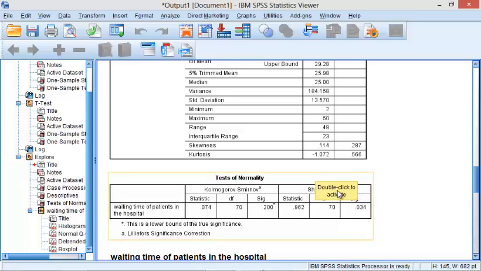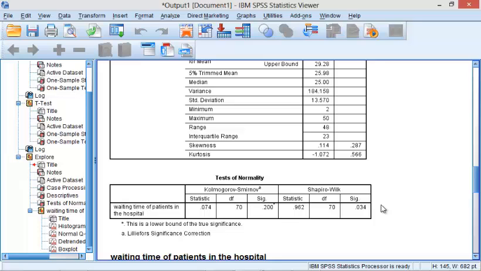If this one is violated, we may have cause to look at the Kolmogorov-Smirnov to actually proceed on our exercise. So now we need to look at this Shapiro-Wilk. In this Shapiro-Wilk, we have the Sig to be 0.034. What this 0.034 is saying is that,